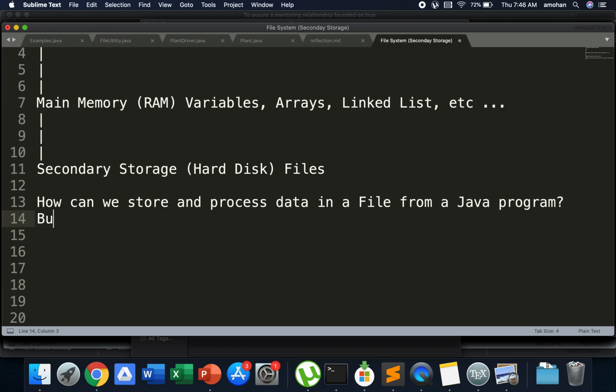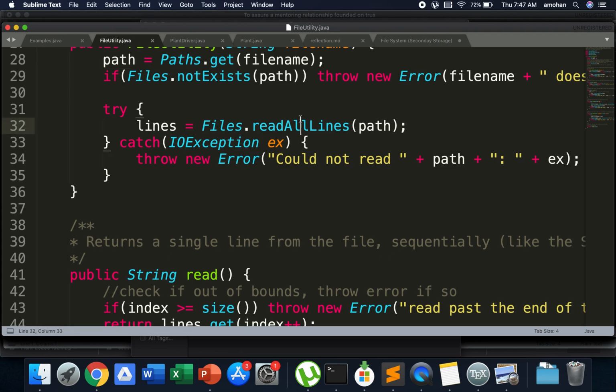I'm going to make a note here. It's called the buffered reader. Internally in our file dot read all lines, every time we are using that method, it will use a buffered reader, and the buffered reader is simply a stream that's connected to the file system from your program. So your program is kind of hooked up to that file system, and then there is a channel that is created between the file system and the program,